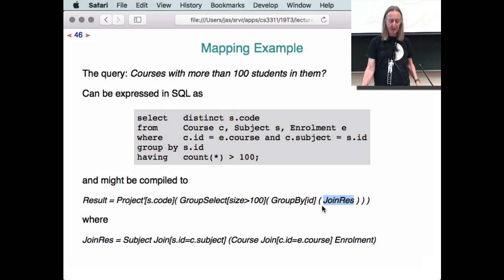So we've got a table, we can group it by ID, and then we can do some kind of selection based on the whole group. In this case, we're checking how big the group is, and if it's greater than 100, then it gets selected. And then we simply grab out